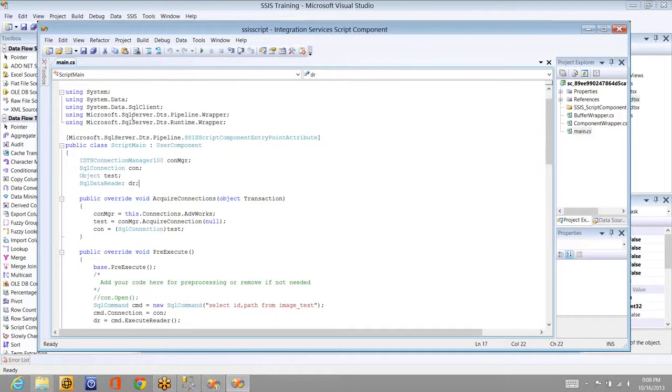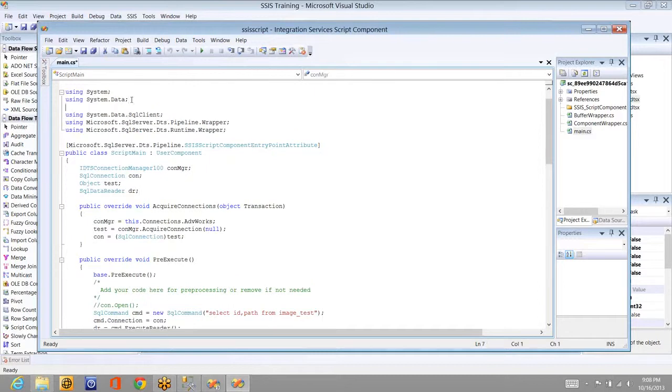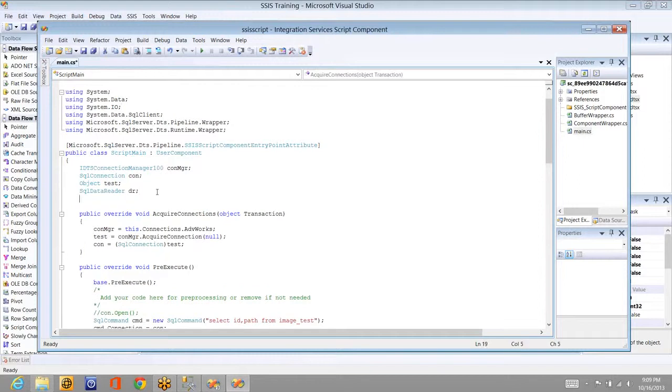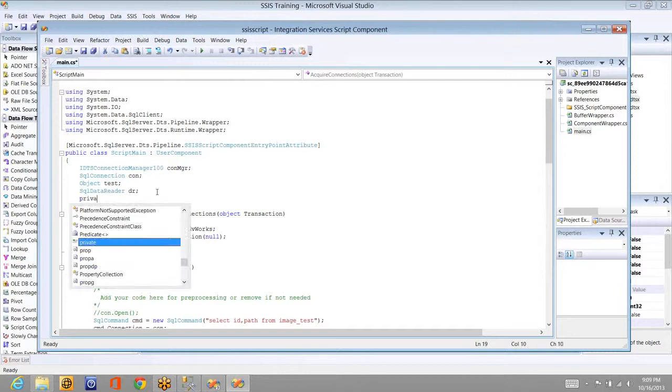For that, I need a couple of things. I need the IO namespace, so I'll use System.IO. And the second thing, I need a couple of variables like stream reader and all.